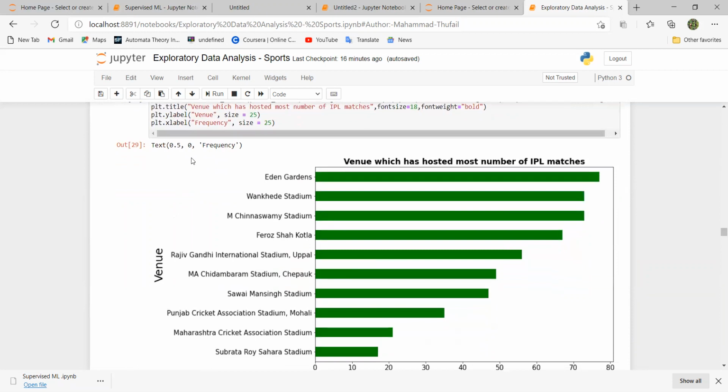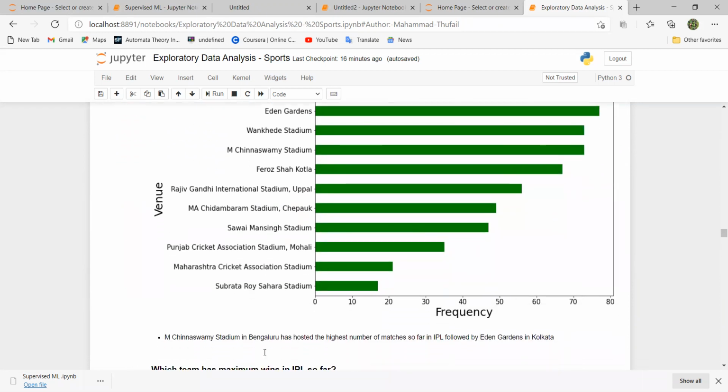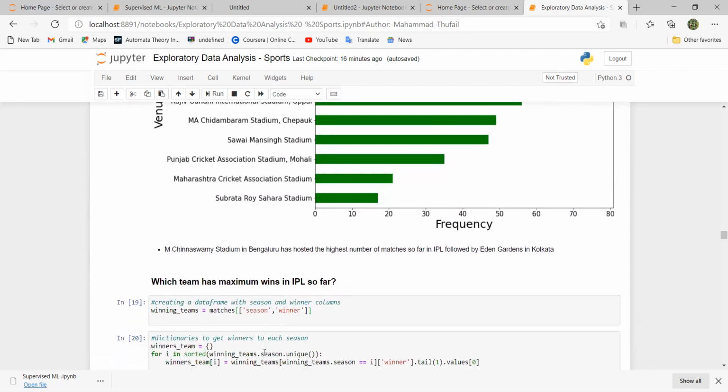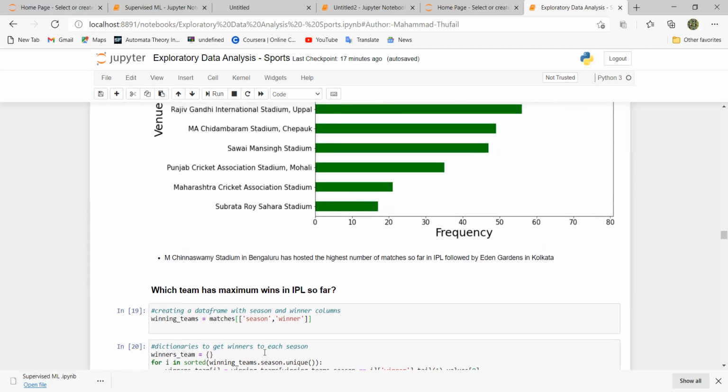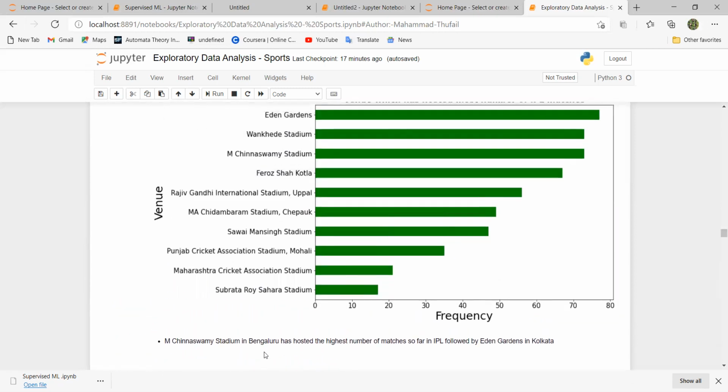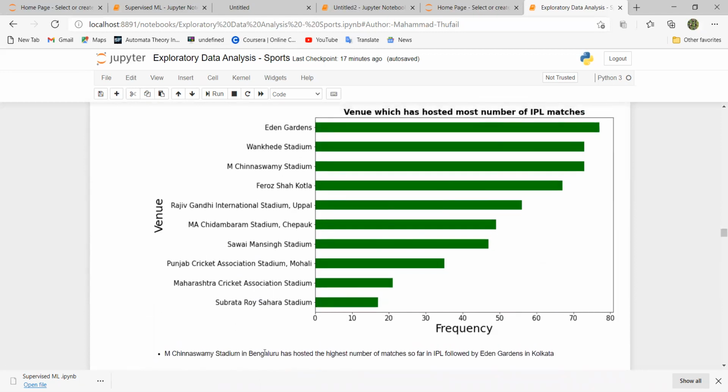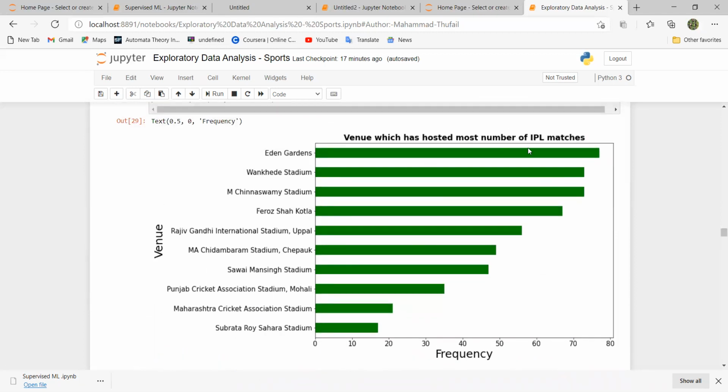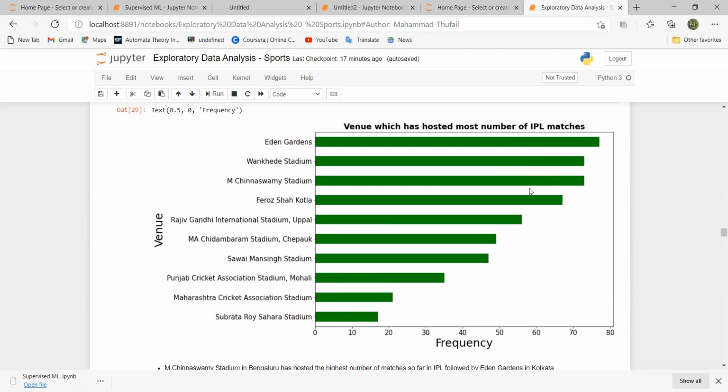You can see this. This is a plot against venue and frequency. Chinnaswamy Stadium, Bangalore has hosted the maximum number of matches so far in IPL, which is followed by Eden Gardens in Kolkata. So we note that.